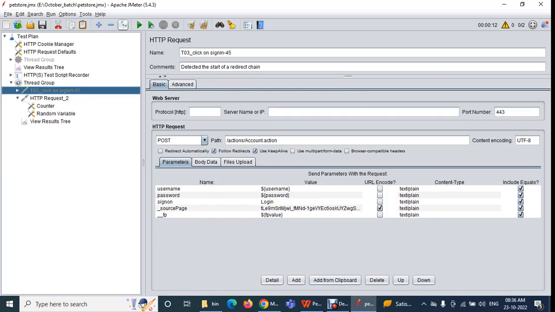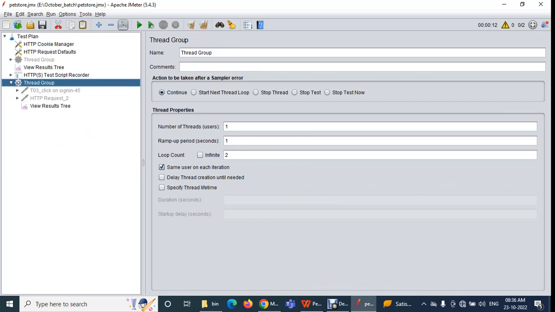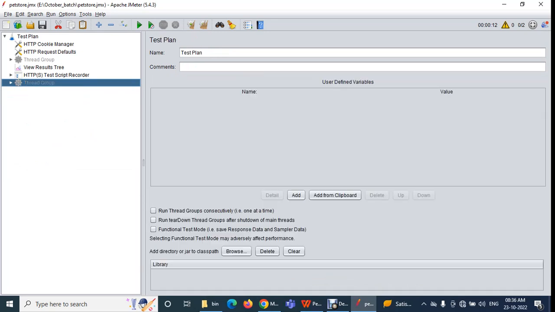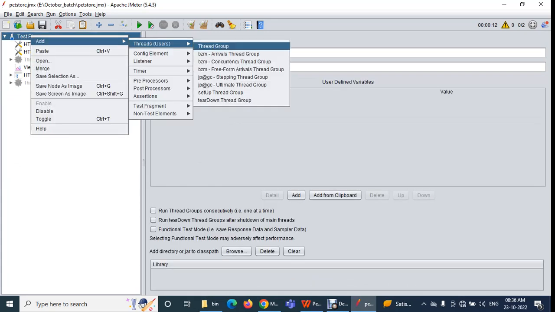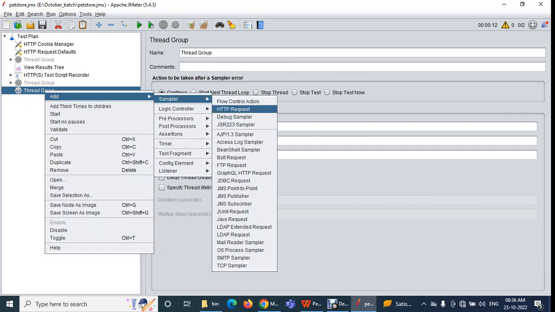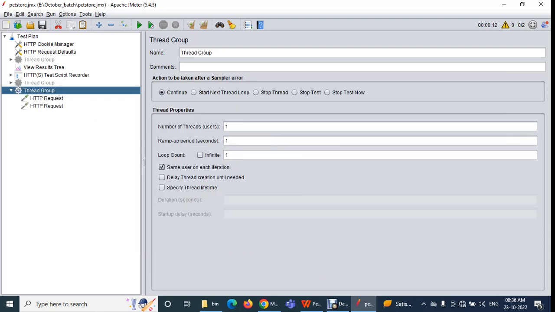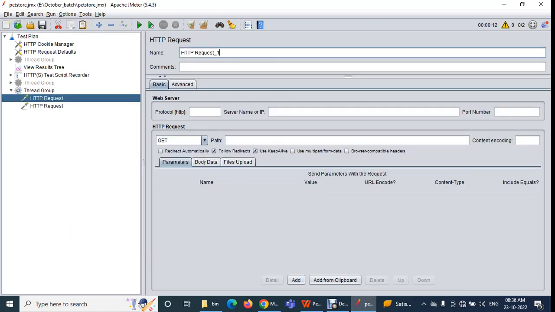Let me create the dummy. I'm adding one more thread group to demonstrate this. Okay, so go to the thread group and create some dummy samplers. Okay, so request number 1 and request number 2. So then request number 1 I need to execute